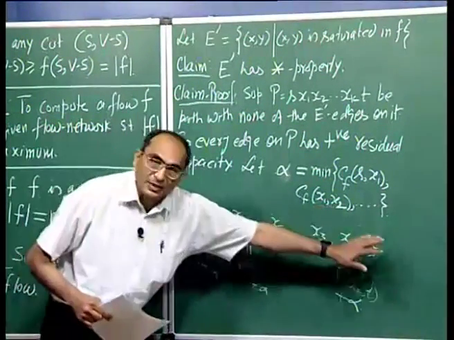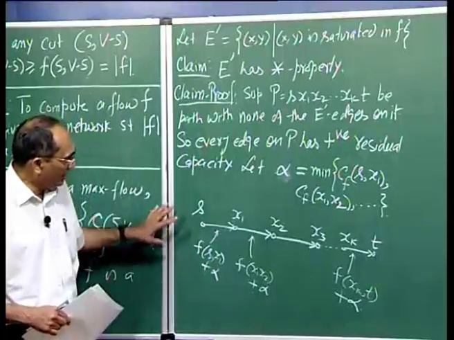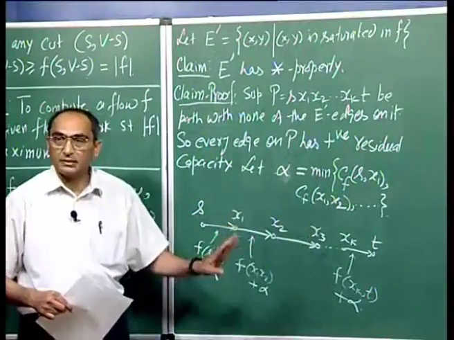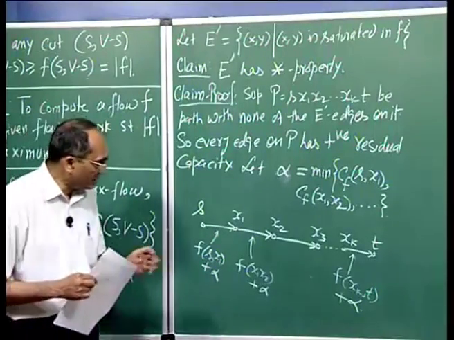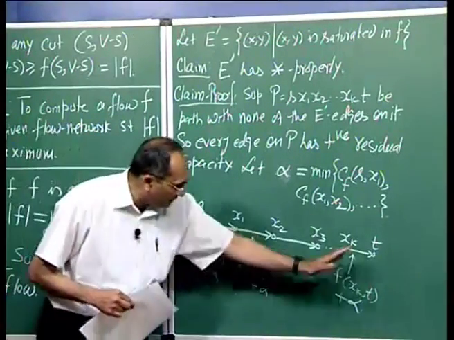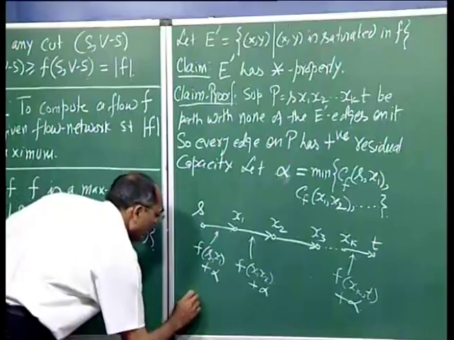In the rest of the graph, we leave the flow intact, we do not change anything. So, the first question is that the new flow that we have defined, let us say the new flow is